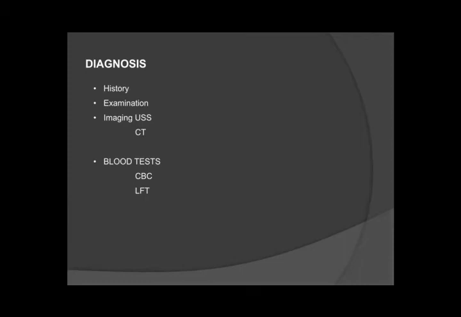Why are they all important? Because they will guide us in caring better for the patient. Initially, history and examination along with imaging helps us confirm our diagnosis, which we could most likely have concluded towards from examination. And then we run the blood tests. Why? Because